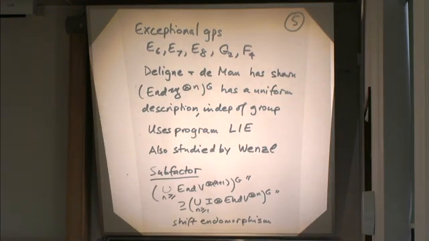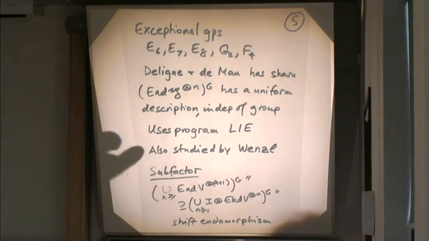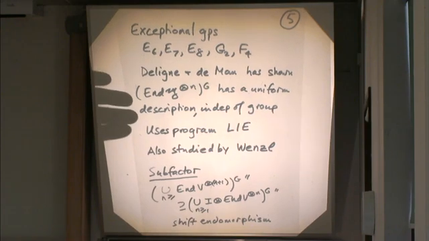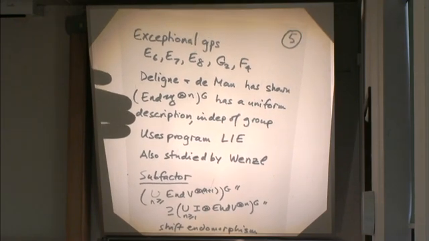Now, they did that using the program LiE, which computes tensor products of all sorts of things. So you just feed it in, and it will give you these answers out. And I must admit, I have used that. So I might be a groupie of somebody because I've done some computations. Well, this was also studied by Hans Wenzl, and those of you that have been to Banff will have heard him talking about the invariant theory for the exceptional groups, and his trying to then do it for the quantum groups at roots of unity.